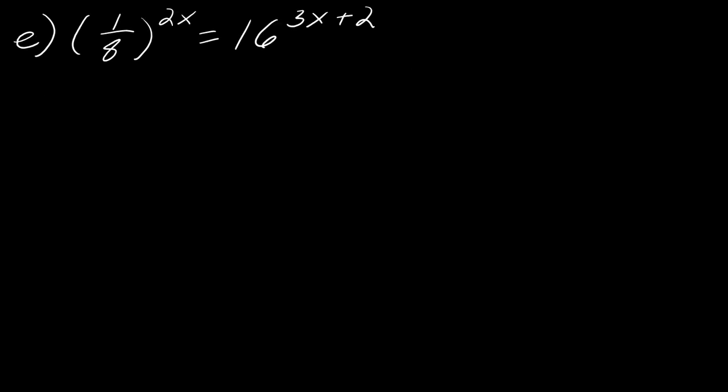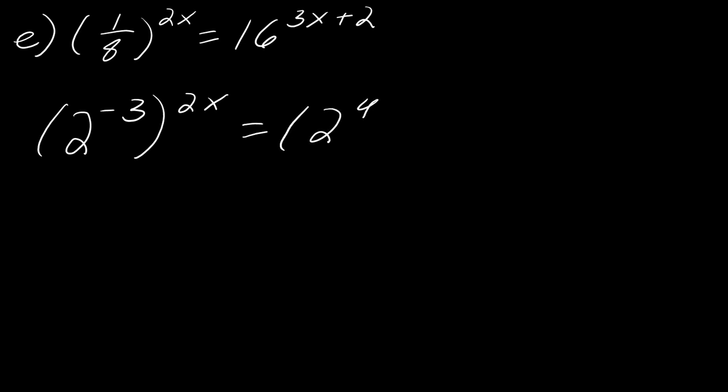And so E is very similar to the last one, except now we have this fraction. So just like the earlier problem, the second you see a fraction, that is a slam dunk that you are using a negative exponent. So I need to rewrite both sides with a base of 2, right? Because 8 and 16 can both be written with a base of 2. So 1 over 8 will be 2 to the negative 3rd, and then I will put parentheses around that. And then 16 is 2 to the 4th, and then I've got 3x